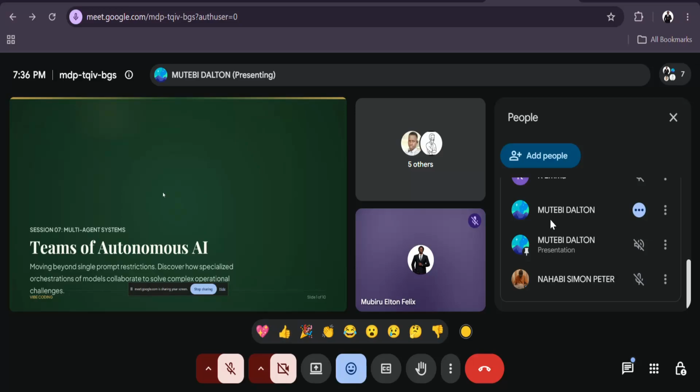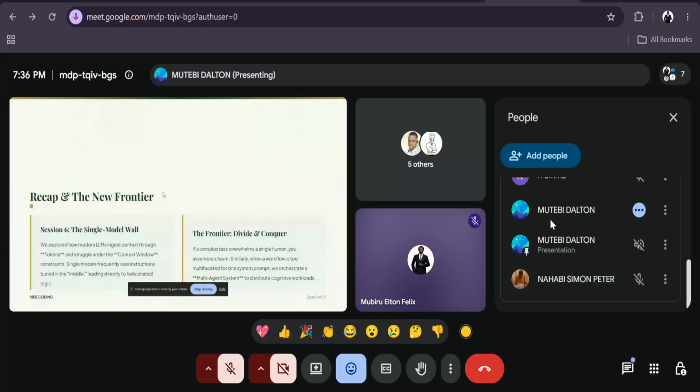But an agent alone cannot be efficient, because even though an agent is like an improved version of a chatbot or an LLM API with function calling, it cannot work alone because there is also a risk of hallucination. That's where multi-agent systems come in. So here we make teams of autonomous AI. We move beyond single prompt restrictions and discover how specialized orchestrations of models collaborate to solve operational challenges.